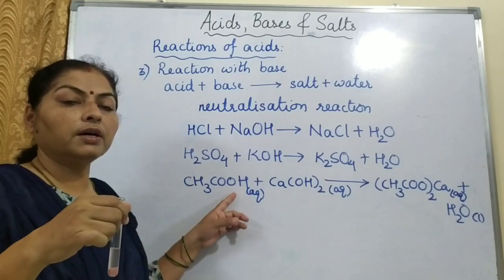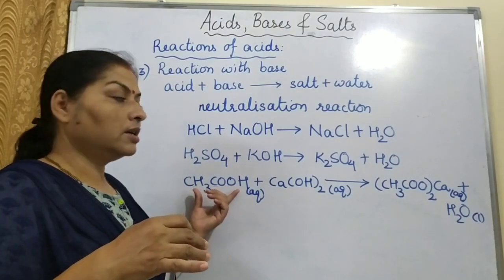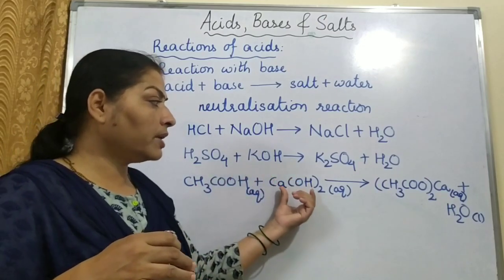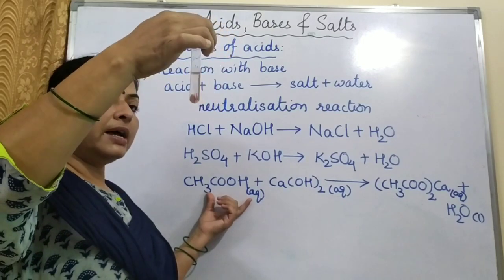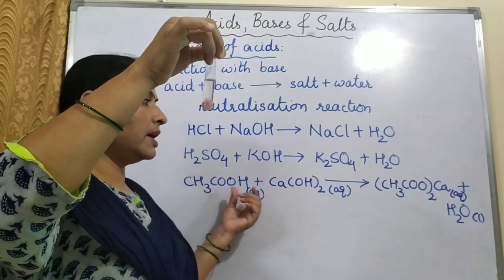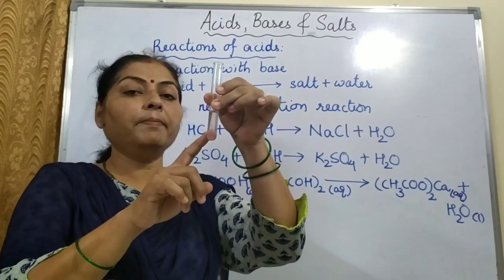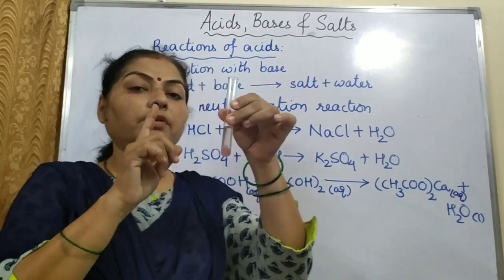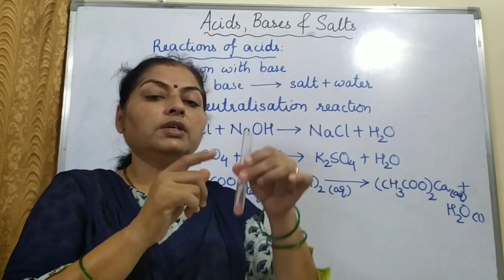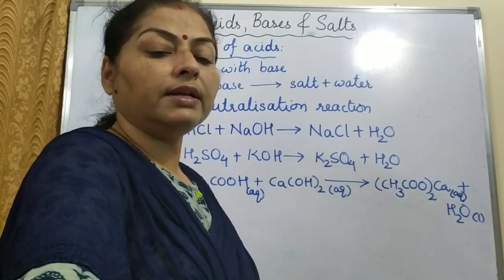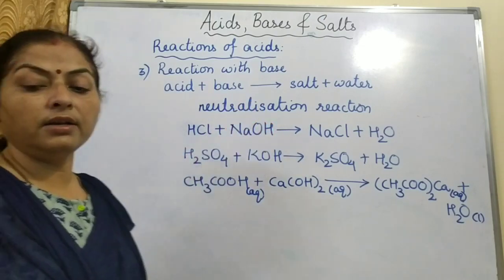Now we had poured the vinegar solution, that is acetic acid solution, a little in excess. So what happened? After neutralizing, this medium has become acidic, and due to the acidic medium, the blue litmus paper has changed to red again. So it means that this medium is now no more basic. Earlier when we put red litmus paper, it changed to blue. Now blue again changed to red. So this reaction is known as a neutralization reaction, a reaction between acid and base to give salt and water.